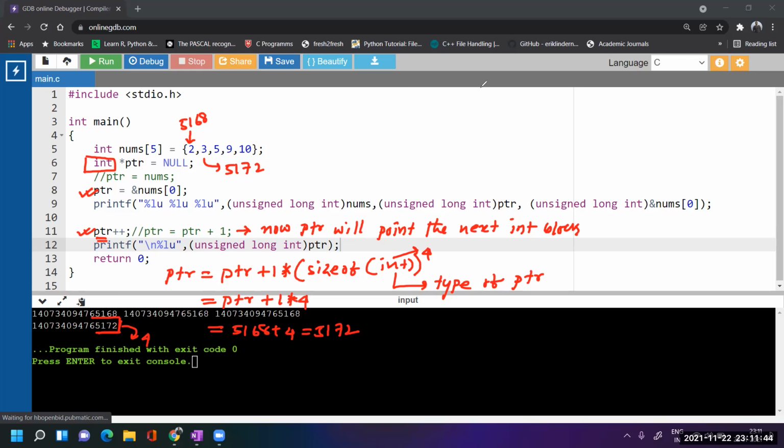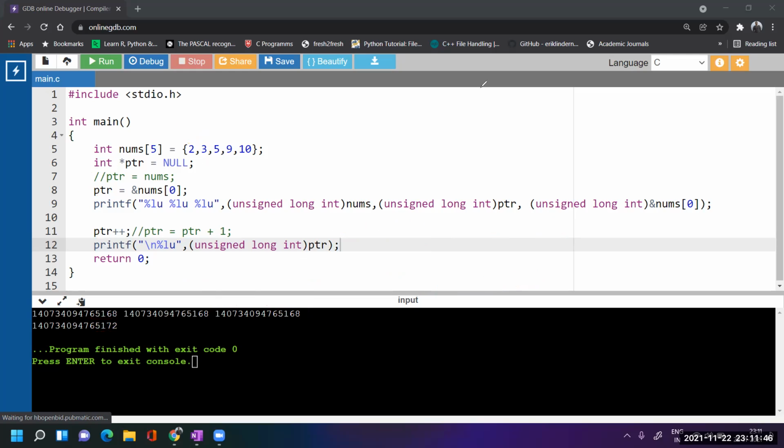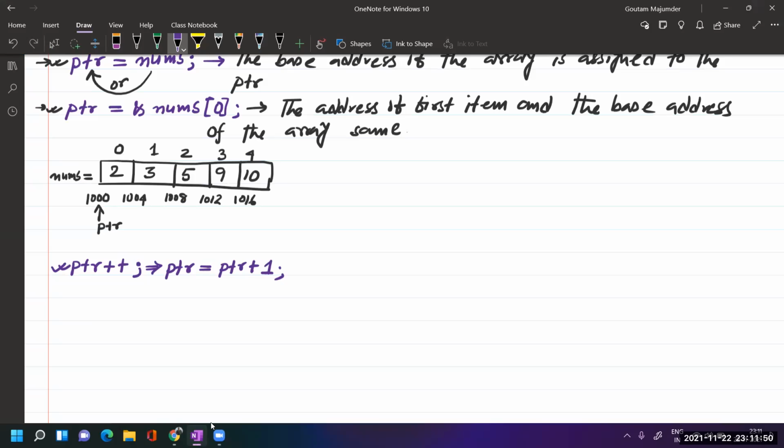Okay, so let's go back. What does it mean? It means ptr will be equal to ptr plus 1, multiplied with size of int. Here, what is int? The type of ptr.